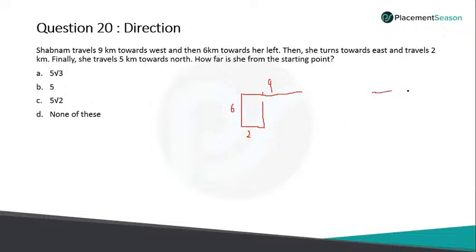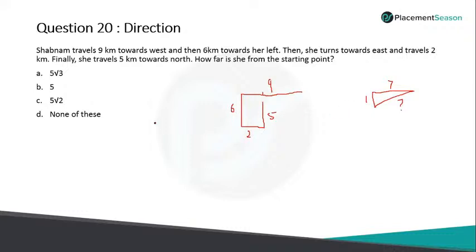So I'll just draw that here. You need to find this now. This is what the question asks. So this is 7, and this is 5, which is given, right? This is 6 and this 5, which means this should be 1. So you need to apply the Pythagoras theorem formula. Very simple. 7 square plus 1 square is equal to x square. So 49 plus 1, 50.